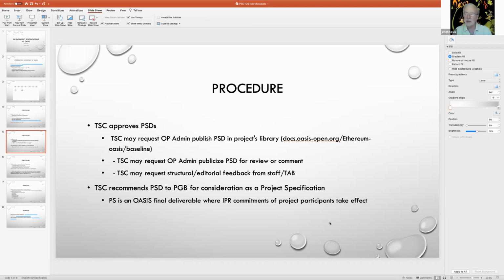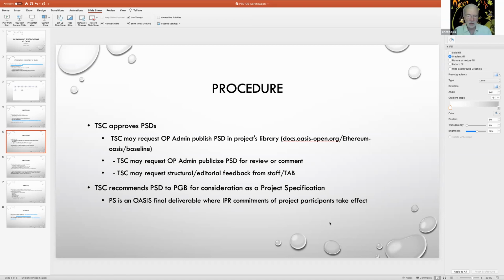I'll be happy to put you in touch with people, and that's part of the reason I invited the other members of the TAB as well, is that they've also been through this ringer numerous times, and they can also provide you with feedback. I can put you in touch with a couple of people on the OpenC2 project who've definitely been working this process. They've done a really good job. In addition to using markdown and pull requests for editorial purposes, they've also put together process documentation that I'm stealing from left and right because it's so good. So I will definitely make the connection there. Thanks. Yeah.